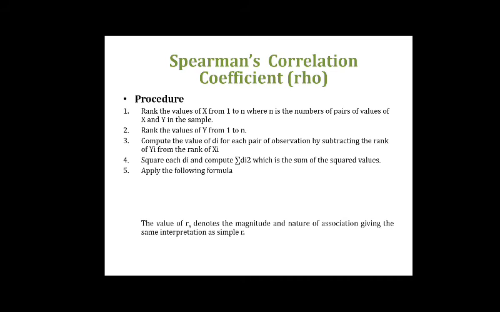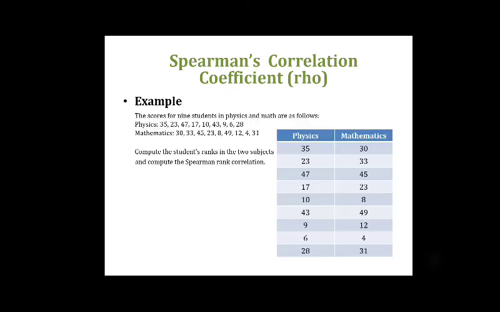You can see here I am saying that I have to take the square of that difference, right? So what is the formula over here? This is the formula, and we have to put the values in it. This is a very simple formula compared to the previous one, the Pearson. It is very simple to recognize. Here the value rs denotes the magnitude and the nature, meaning it shows the sign and it shows the value also.